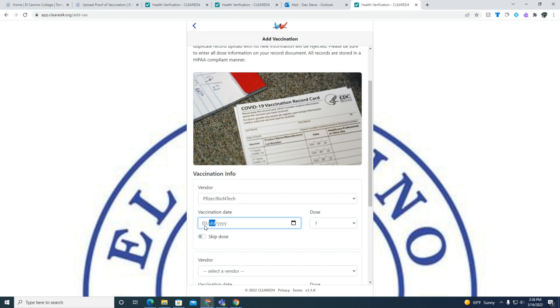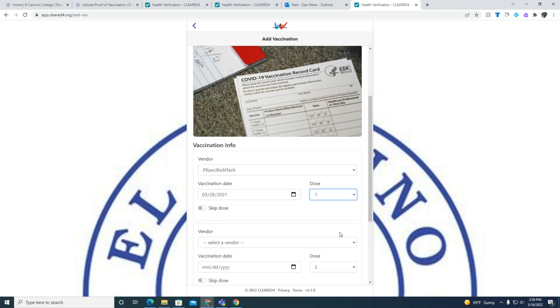Simply input the numbers, select the dosage, in which case this is right, that would be the first dose, and then proceed to the next one. When performing these steps, be sure to upload your 2-dose vaccine in order. That is, put in the information for your first dose first, along with the date of the first dose, and